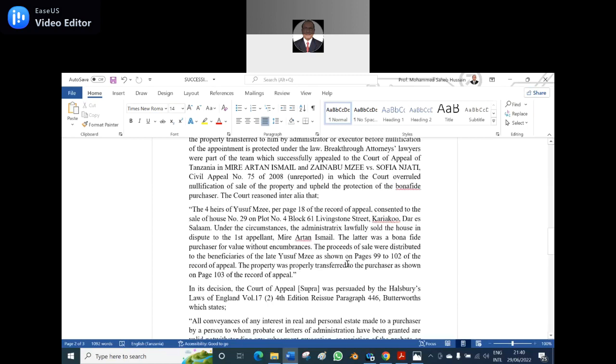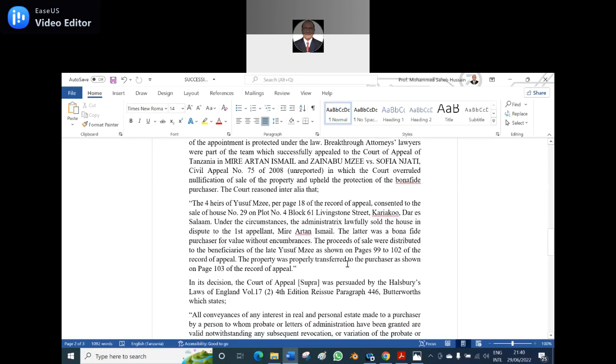It cannot be nullified. The four heirs of Yusuf Mze, per page 18 of the record of appeal, consented to the sale of the house on Plot Number 4, Block 61, Livingstone Street, Kariakoo, Dar es Salaam. Under the circumstances, the administratrix lawfully sold the house in dispute to the first appellant, Maira Artan Ismail. The latter was a bona fide purchaser for value without